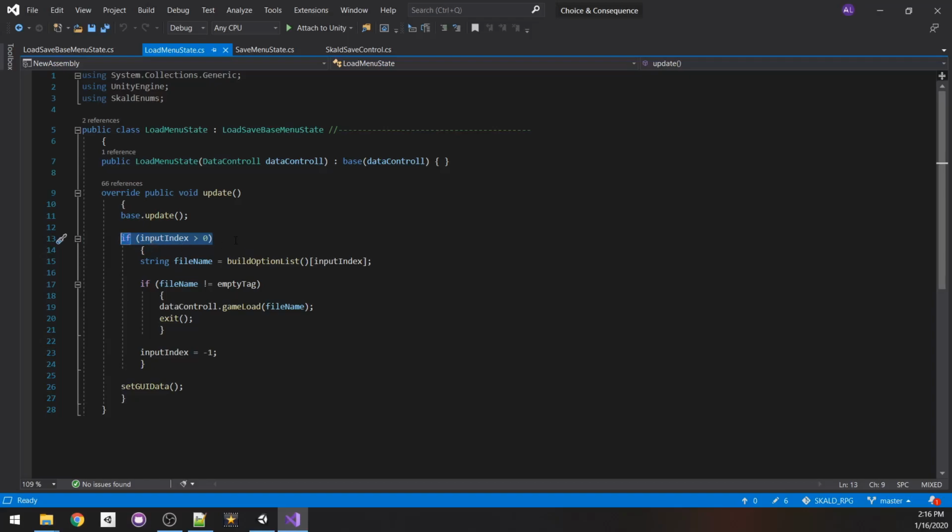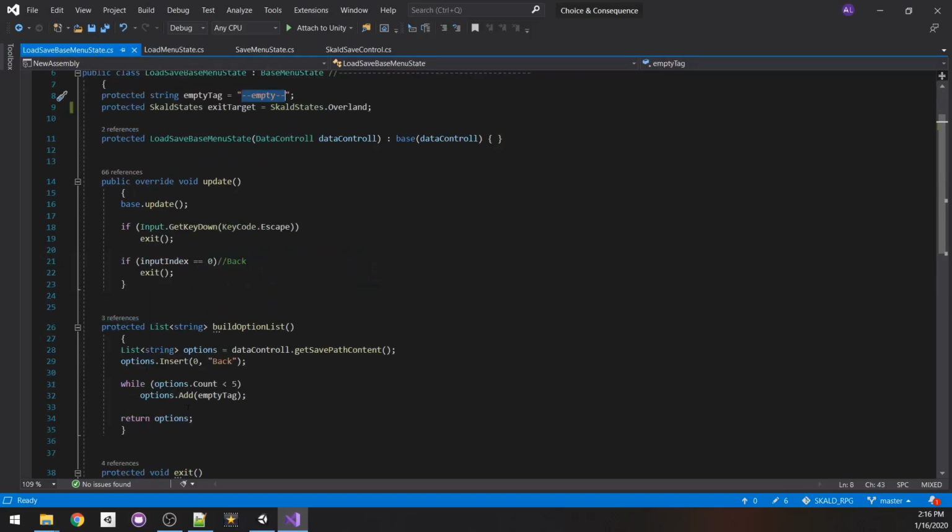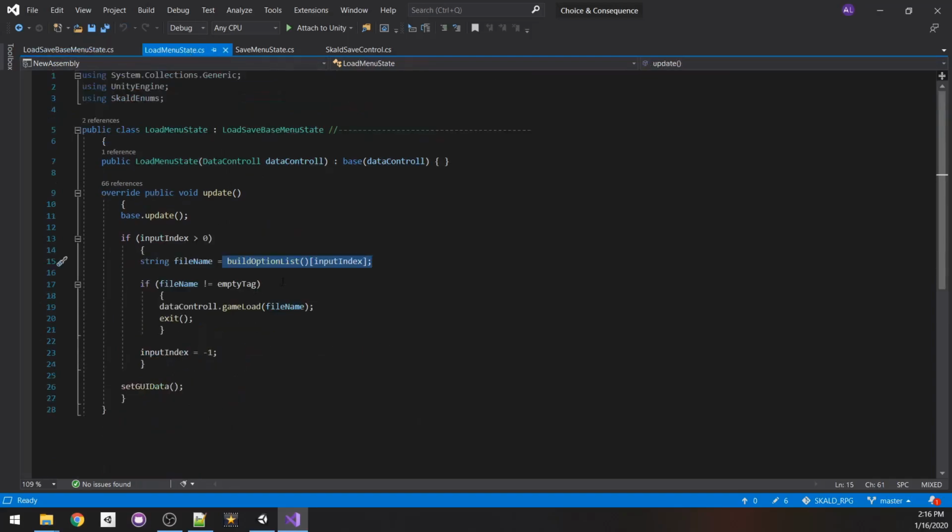Whenever the input index is not 0 or greater than 0, it will look through the option list, which contains the names of all the files in the folder plus the empty tags if the list is shorter than 5. And as long as the space in the option list isn't an empty tag, it means that we're actually clicking the name of a real file, and then we will just load that file using